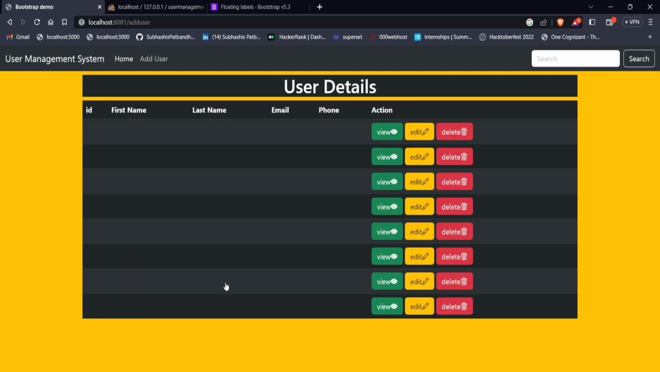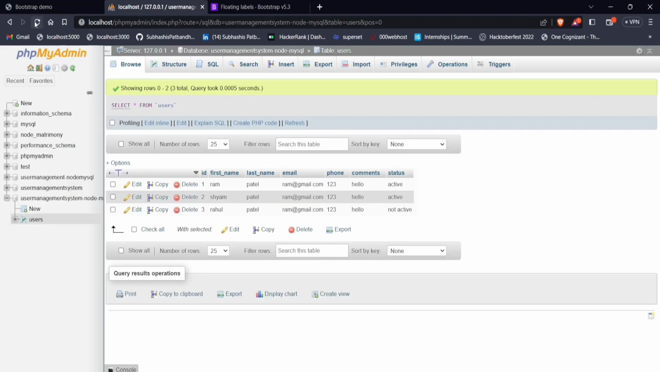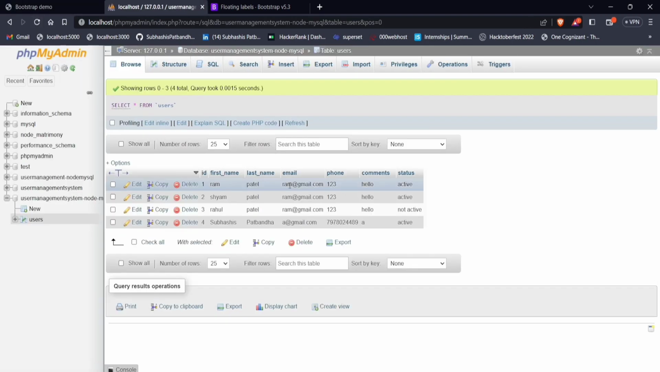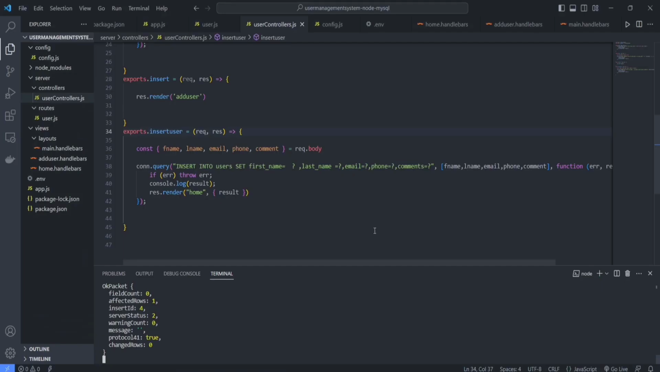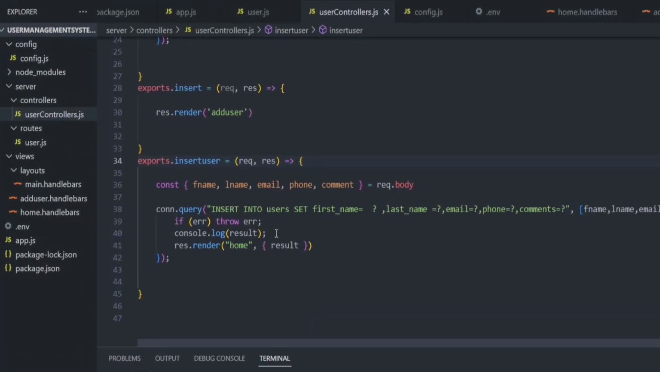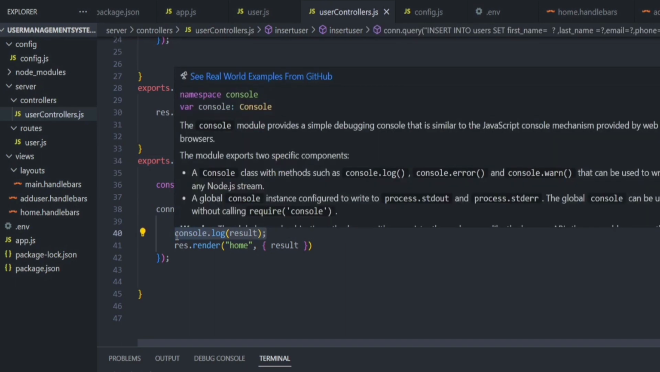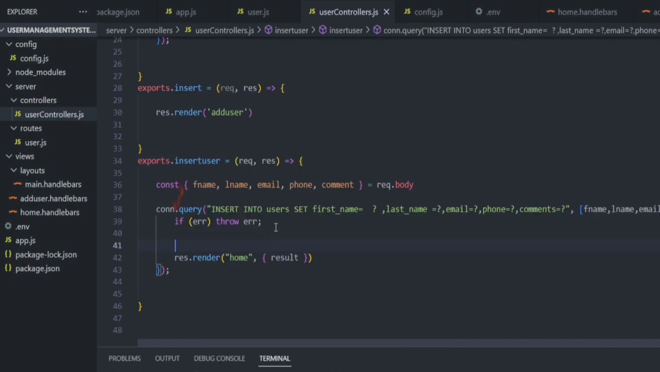Why is this showing a blank table? Let me check the database, and if I refresh the database, one record is inserted here, but it is not showing on the web page. Let's fix this. So here, first of all, remove this console.log, and instead of it here I have to write